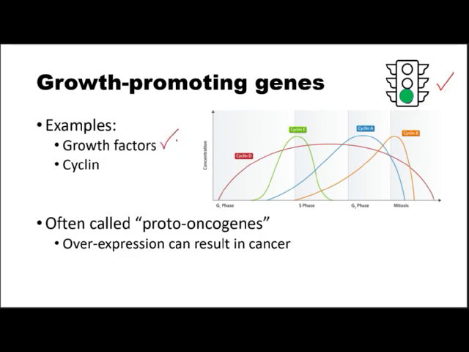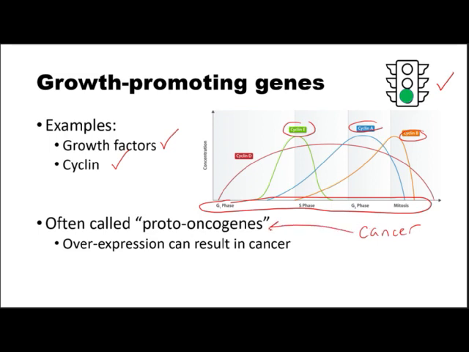There are a variety of growth factors, even like growth hormone, and others that are secreted that tell cells to actively grow. There's another more specific one in cells called cyclin. You can see here it maps out the phases of the cell cycle, and these different cyclin proteins are produced at each phase, saying keep going, keep going, keep going. Now, what happens if this goes on too much and is unchecked? Then you get cancer.